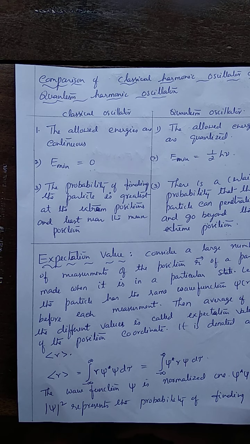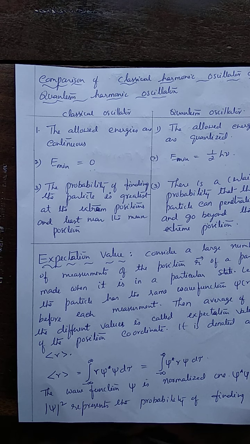And the last term defined in this unit is expectation value. This is similar to the average value in classical mechanics. See, if we have a number of values taken for a particular quantity, say the velocity of a particle at a given instant, suppose so many values are taken, then the mean of the values is taken as the velocity of the particle, nothing but the average. This is classical mechanics.